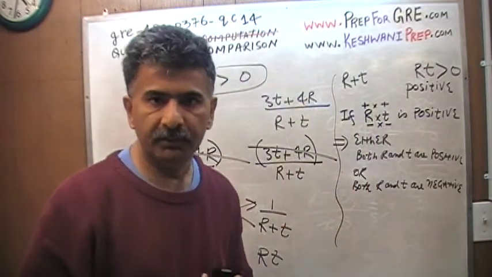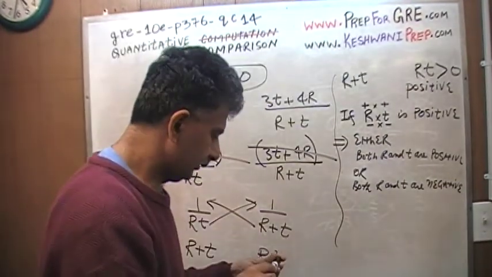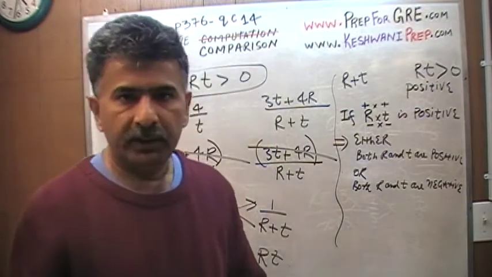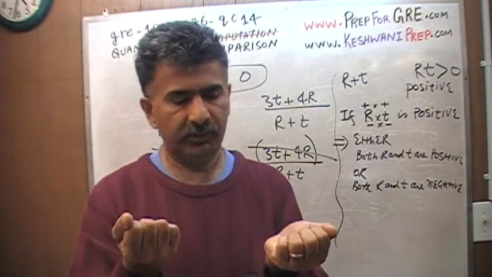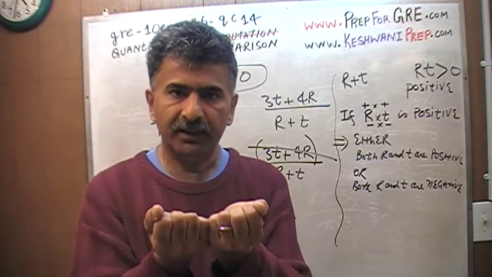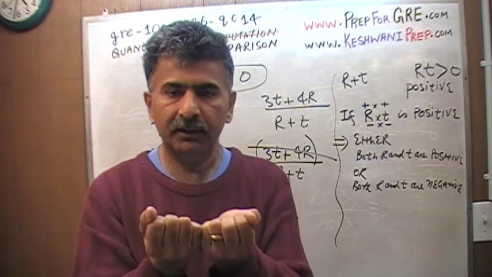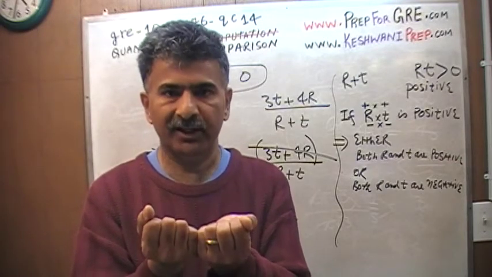So if you come up to me and tell me that you're holding two numbers in your two hands, a number in your right hand and a number in your left hand, and you're not showing me, but you tell me that when you multiply them, you get a positive quantity, what I infer from that, what I conclude from that, is that these